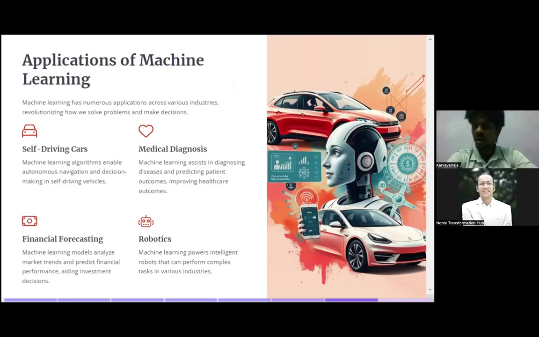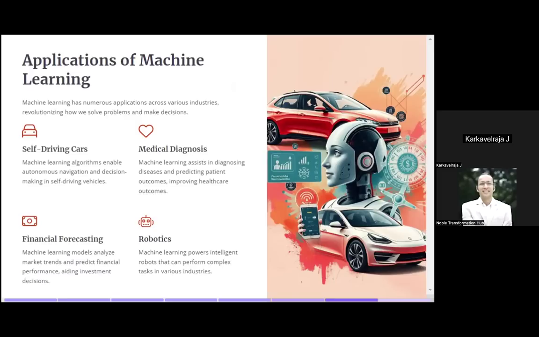I think it's not limited to these. There are different fields, like education, where machine learning is doing a lot of things, and agriculture, and there are numerous applications, guys. We will not be able to limit it to only these four, because the slide can accommodate only four fields. I hope you now understand that there is no limit for machine learning or AI. Okay, sir, over to you. Yeah, so regarding applications of machine learning, there are n number of fields where we can apply it, and I'll tell you how I can define it.